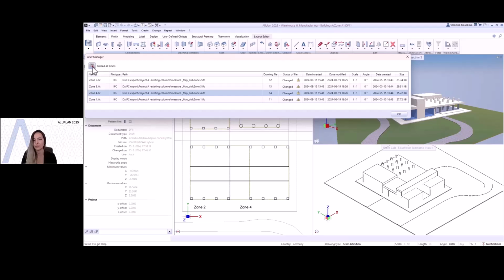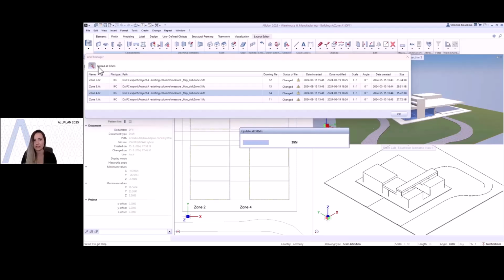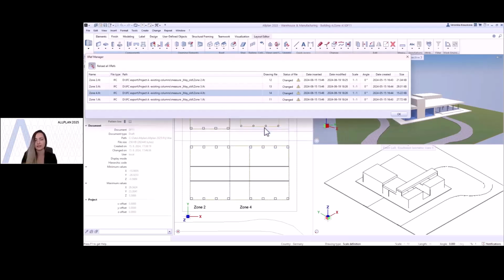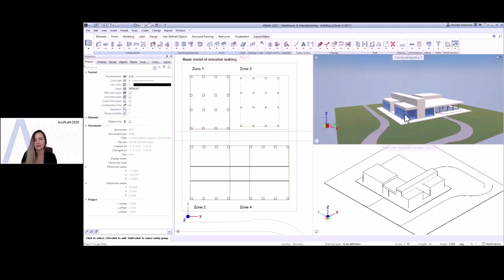We can just open the Xref Manager that will lead us directly to the file location of the previously inserted IFC files, and we can just replace them with the new ones. We will reload all the files, and the job is done.